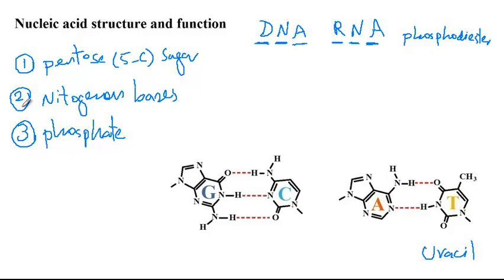Now let's talk a little more about nitrogenous bases. So basically, based on their structures, bases are divided into two groups. Purines, which are made of a double ring, example of which is shown right here, guanine, you see how it has double ring, and adenine. So these are examples of purines. And then we also have pyrimidines, which are made of a single ring, example of which includes thymine, uracil, and